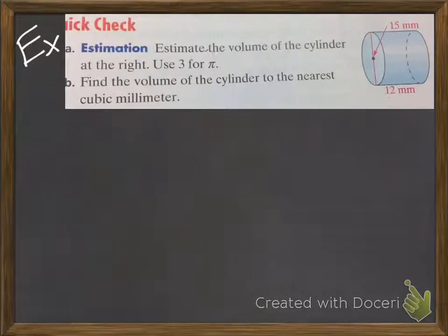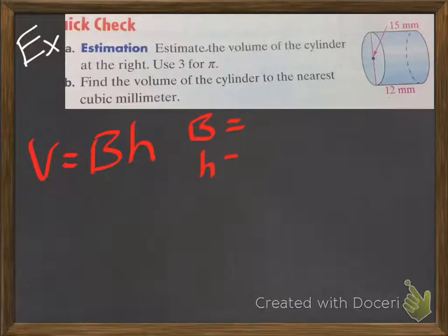So let's go on. Here's a cylinder. Now a cylinder is different. The volume of a cylinder is B times H. Oh wait, it's the same thing. So all you have to do is find B and H. B is the area of the base and H is the height. Well, the H is pretty easy. It's 12. Now B is harder because the base is now